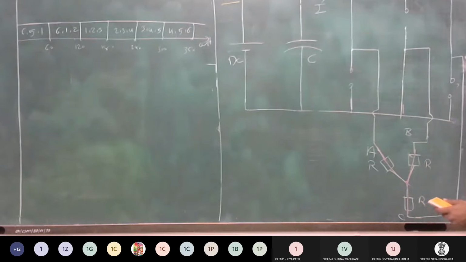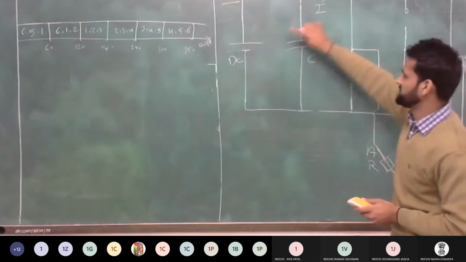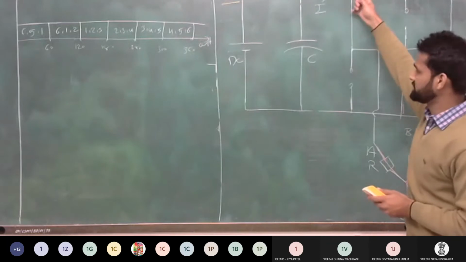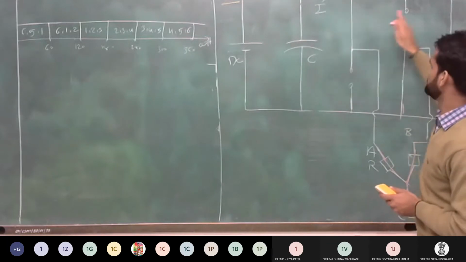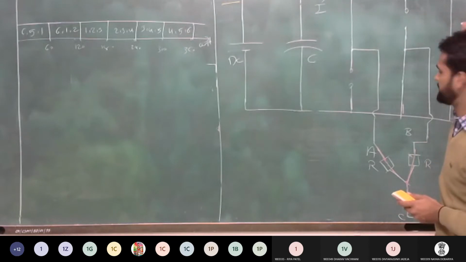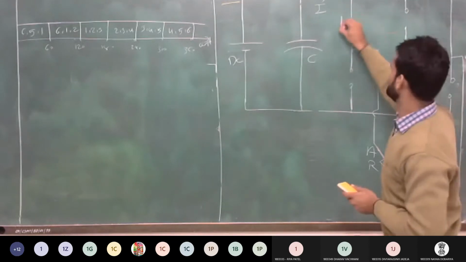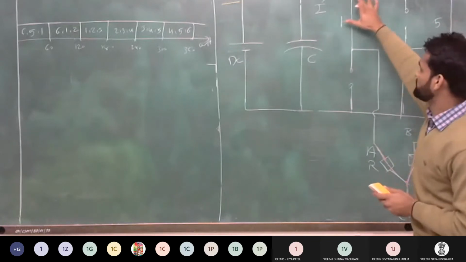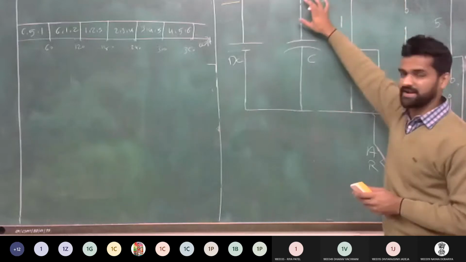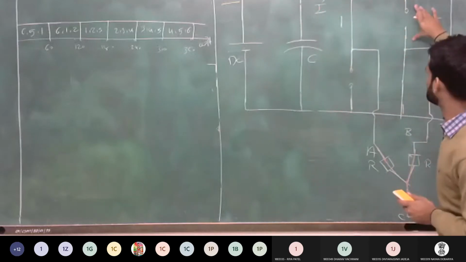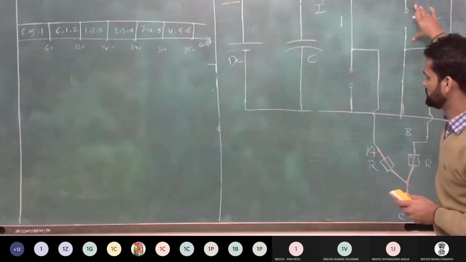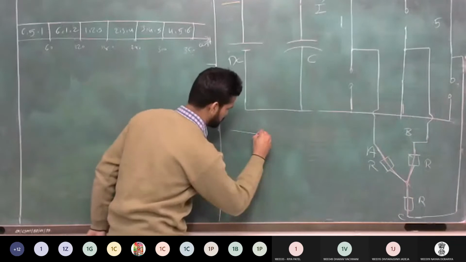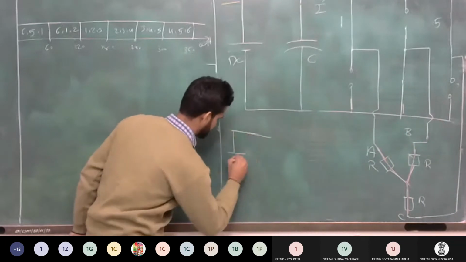Now, here you can see that the positive terminal of the supply is connected with the 3 legs, but in the upper layer, the thyristors 1, 3, and 5. Out of that, only thyristors 1 and 5 are conducting. Clear? So it means that from the upper side, your current is divided into 2 parts, because here thyristor 3 is in off condition. So if I draw the equivalent circuit again for this case, it looks like this way. This is my DC supply.